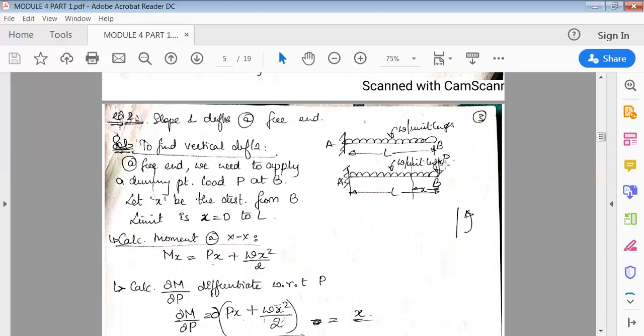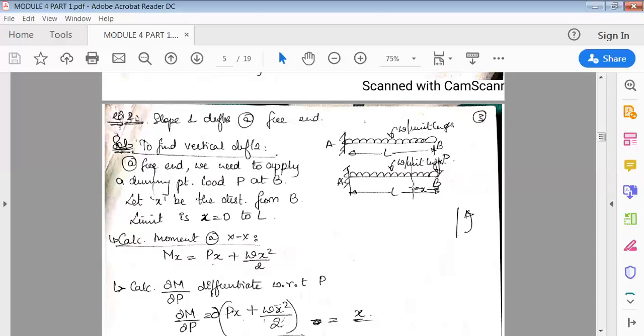So here you can see P is a dummy point load. To find vertical deflection at the free end, we need to apply a dummy point load P at B. Now let x be the distance from B. We'll consider the complete beam, because the cantilever will always start from